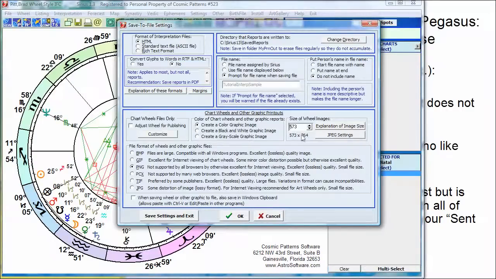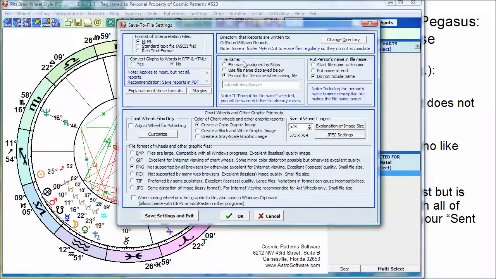If you're sending it to a publisher, then you're going to send it in a very high resolution. Just keep hitting this up arrow till it won't get any bigger. And this resolution only applies to the graphic format. If you're doing PNG, that's handled separately. So this is for your graphic format, everything in this box, your format and your resolution. This is for your interpretation information, interpretive files. And this is